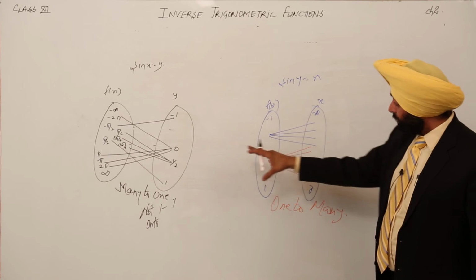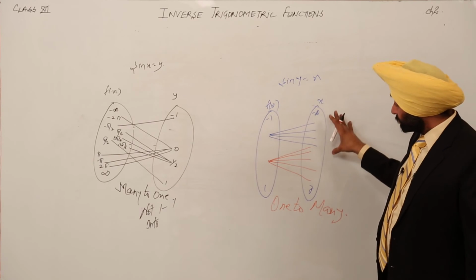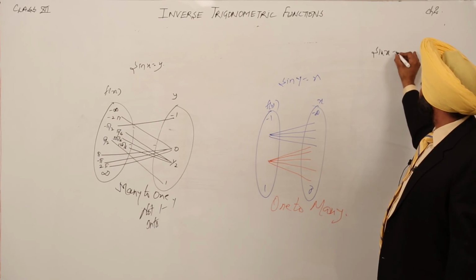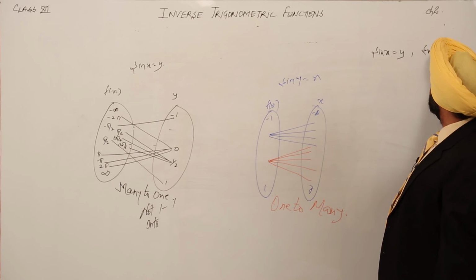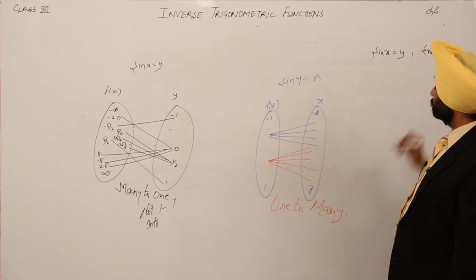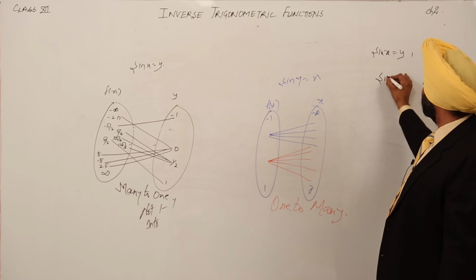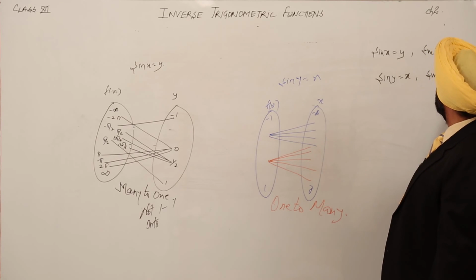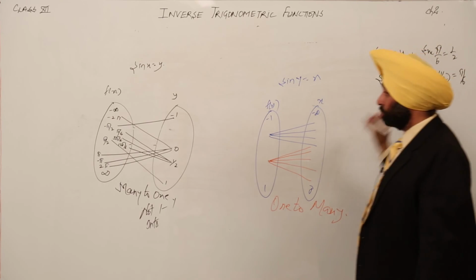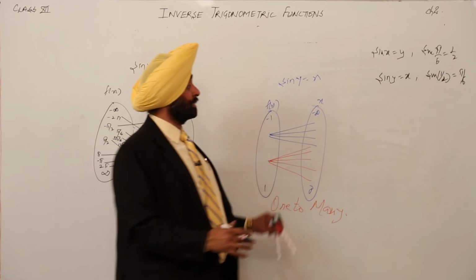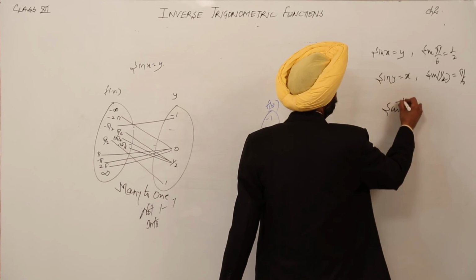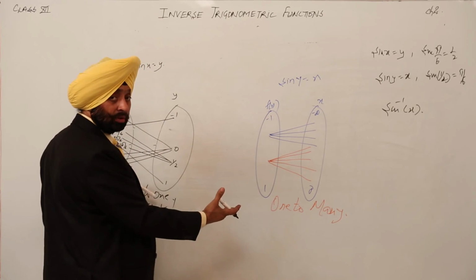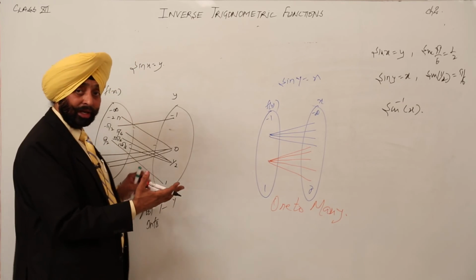So now clearly it is visible that this function, when I wrote it, if sin x is equal to y, and I am writing that sin pi by 6 is equal to 1 by 2, then I gave you sin y is equal to x and sin 1 by 2 is equal to pi by 6. Then we can write this function as the inverse of x, sin inverse x. Then we can write this as a function, it is called sin inverse x. But here it is not. It is clearly visible that it is not.